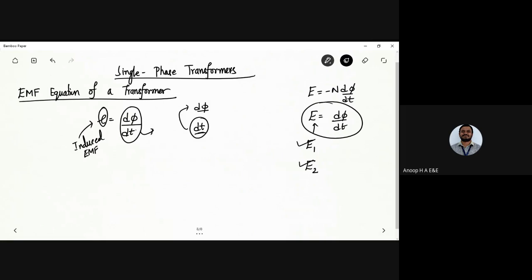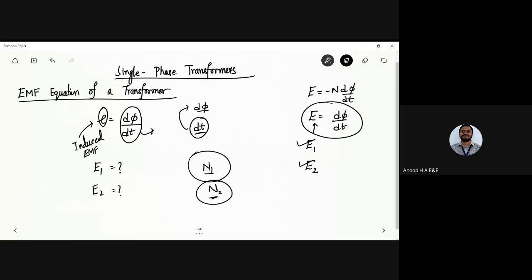I got E1 and E2 respectively with respect to the EMF equations in the primary and secondary windings. Now, next, what we are going to do is find out the equation related to E1, that is the primary equation. We have the number of turns as N1 for the primary, and for E2 the number of turns in the secondary is N2. So E1 and E2 have N1 and N2 turns in the primary and secondary. Got it? Now, how are we going to start with this EMF equation expression?